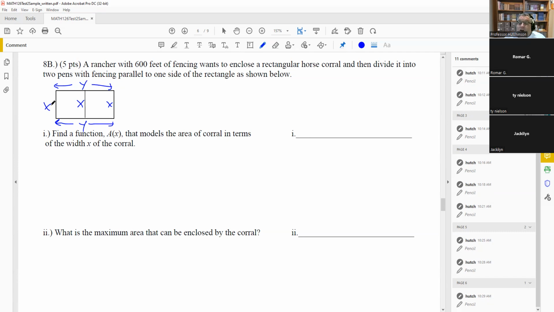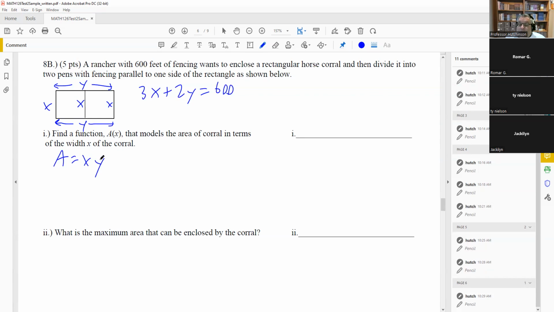Now, if you add everything up here, that should all add up to the 600. So I have 3 x's and I have 2 y's. All that adds up to 600. Okay, so I have that. From here, I can solve for either x or y. It doesn't make a difference, because ultimately what I want to do is put it down in this part here,